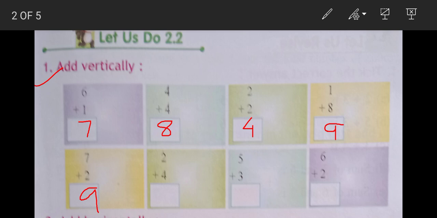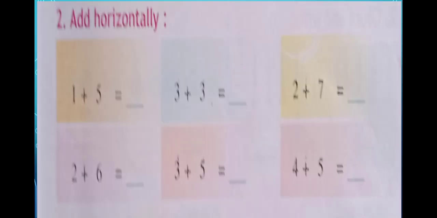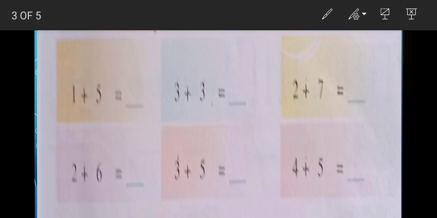That is add horizontally. So that is also same. The only difference is that we are adding it in a horizontal method. So here 1 plus 5 will be how much, kids? Yes, it is 6. Now 3 plus 3 is also very good. It is also 6. And 7 plus 2 is, yes, if you are having difficulty in adding, you may draw lines or you may draw circles, whatever is easy for you, you do it that way.